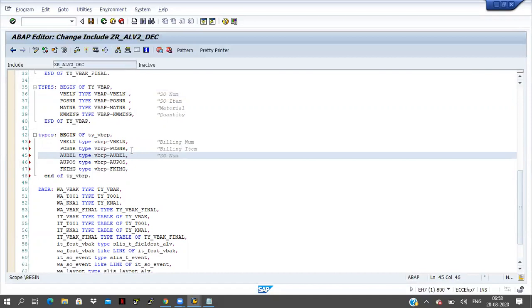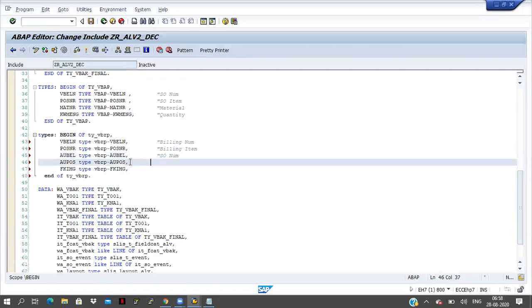So in VBRP, if you want to get sales information, then AUBEL is the field for the sales document number, and this is the sales item number, AUBEL and AUPOS. Here I am getting VBELN and POSNR, the sales document number and item number.